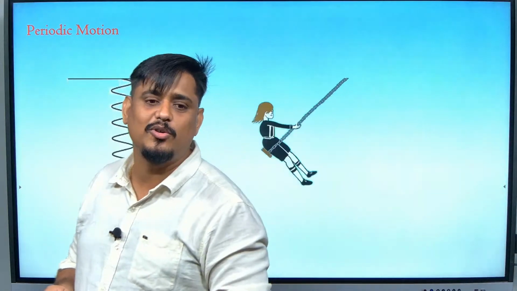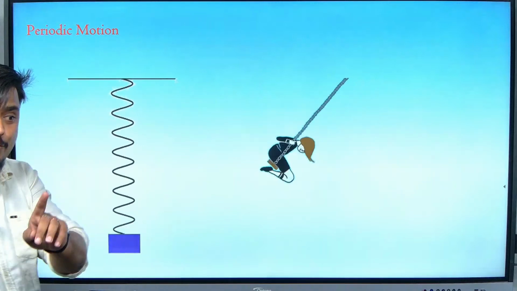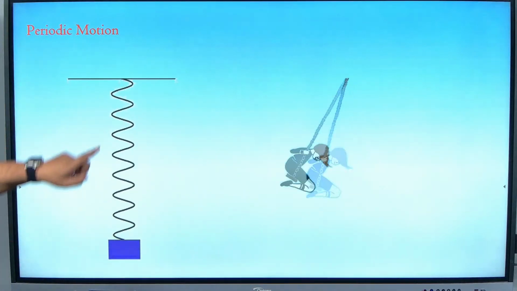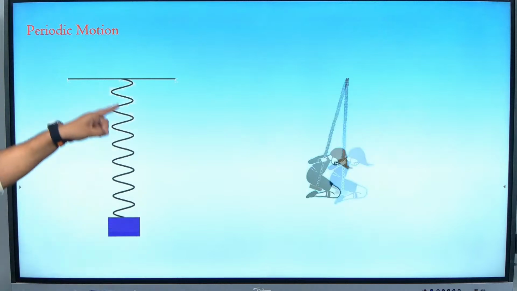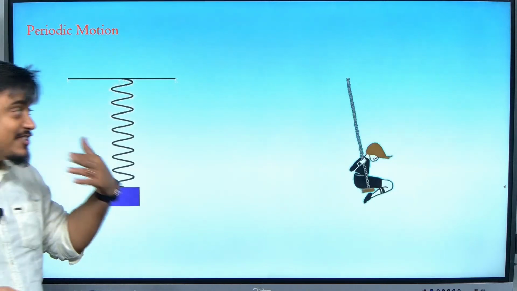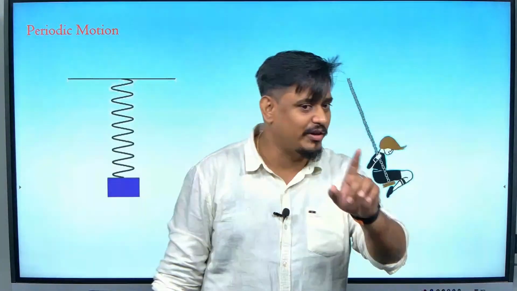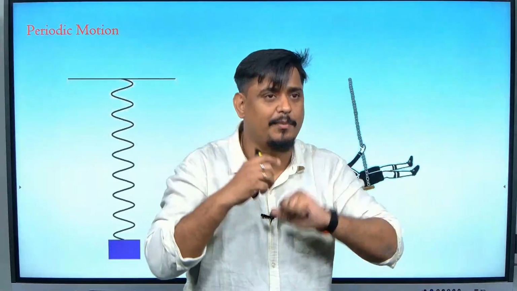She can also be called to be in periodic motion if she maintains equal time to go front and come back. When she starts her motion, it's not periodic. When she stops her motion, it cannot be periodic. But while she is moving for a certain period of time, it can be periodic.